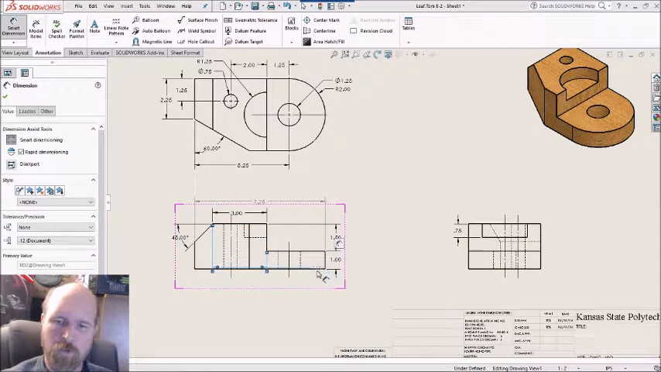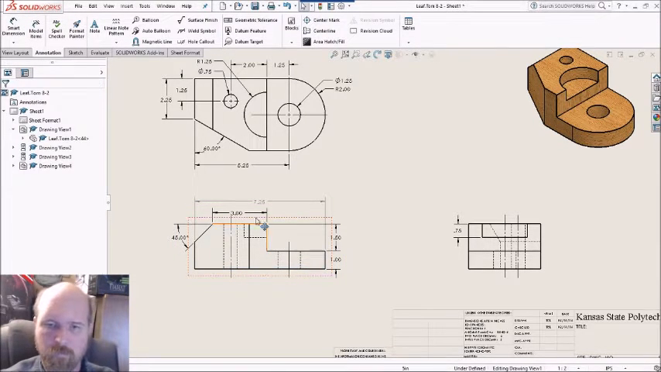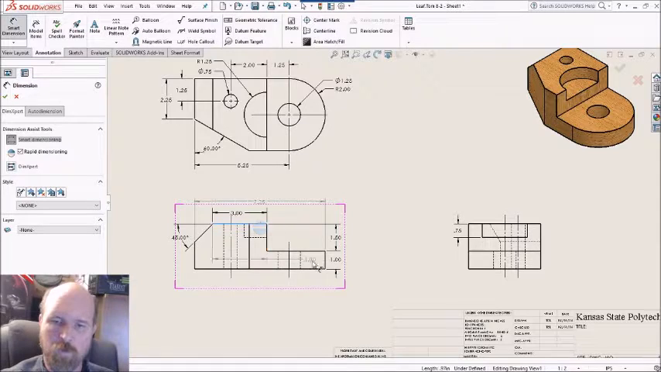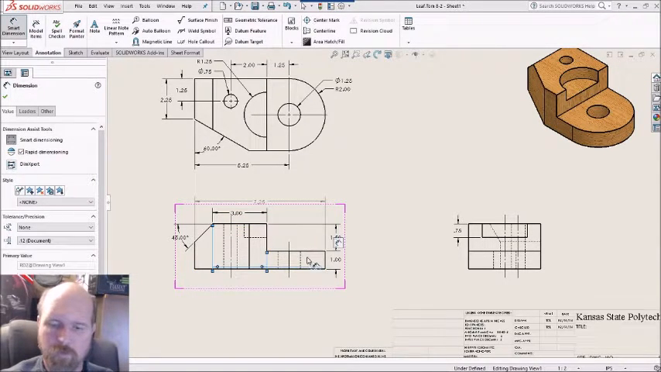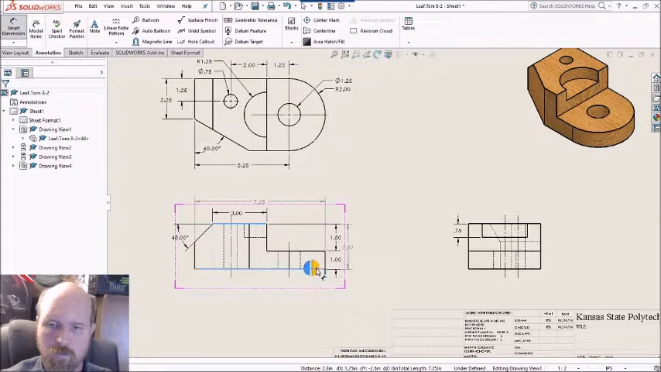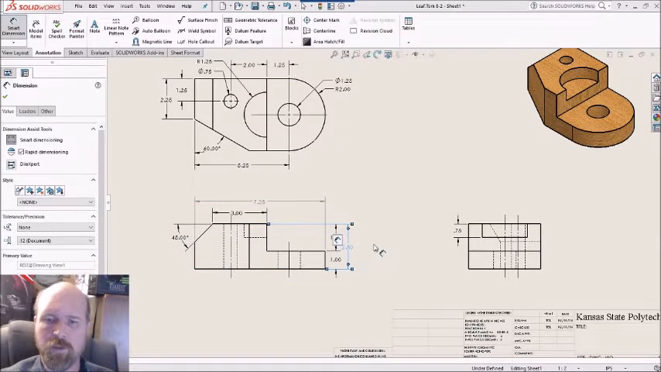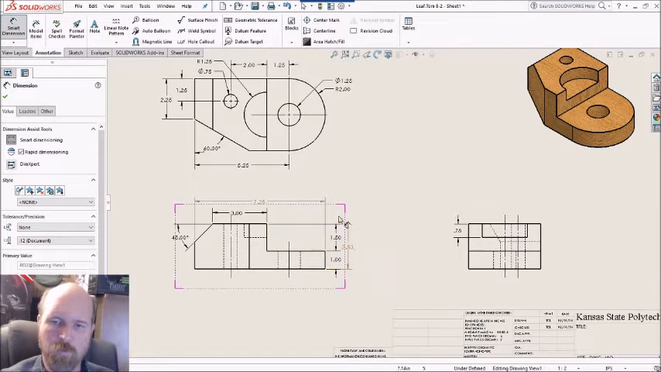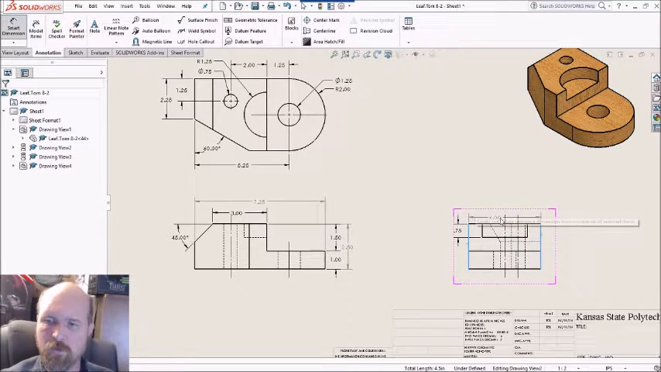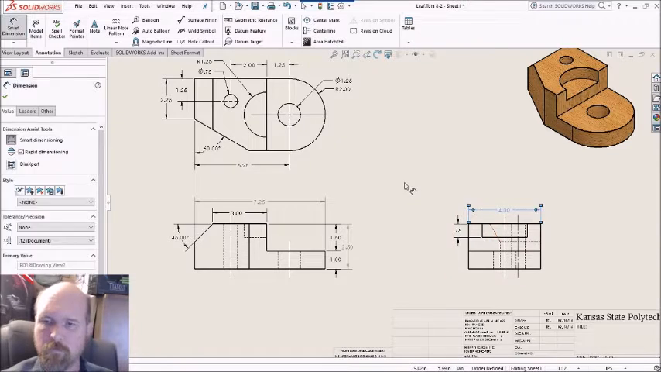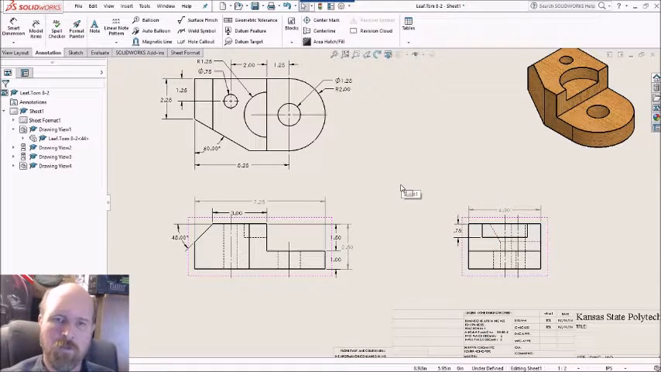So by placing 1 dimension there, it gives them the overall height. And then we need an overall width, which we can do from here, like so. Like that. Now the reason that some companies like to have these overall dimensions on the drawing is